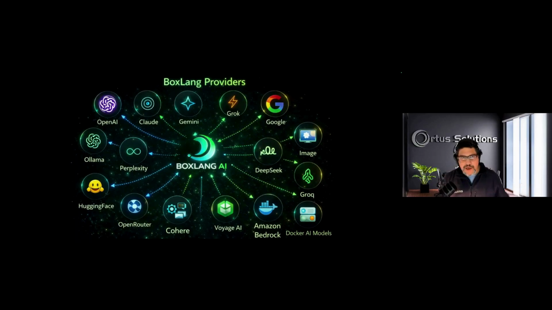Important, we mentioned the BoxLang providers. Pretty much every provider that you see here is supported. What would I say? I've used the majority of them. Some are good for some things, some are good for others. I've tried to explain that in the docs of what I use them for. There's some that are very specific, like for example, Voyage is very specific to just embeddings. So you can actually transform text into array computations. But I love OpenRouter and I love Hugging Face, and mostly because they're routers. So I can actually connect to any large language model behind those routes.